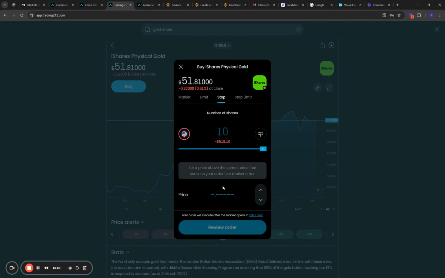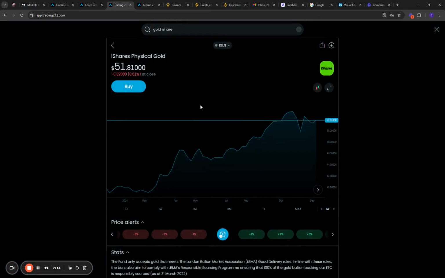Stop loss is mainly, by the way, the same for stocks. Stop loss is whenever the market goes beyond a certain price. Let's assume you already have two or three shares, and after the market price reaches this one, you just want to stop. You want to sell your stock. So mainly it's used for selling.